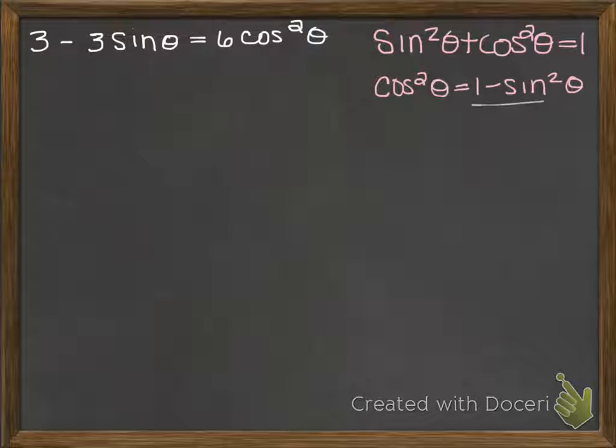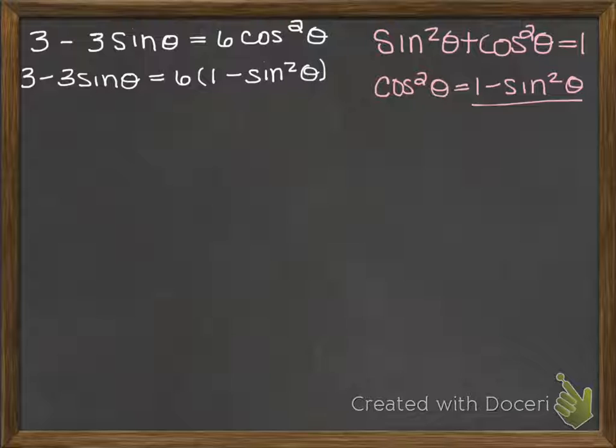And then I can plug in this for what I have over here as cosine squared. This will give me an equation that has only sines in it. So moving back over here, I can replace the cosine with a sine. So I have 3 minus 3 sine theta is equal to 6 times 1 minus sine squared theta, using my